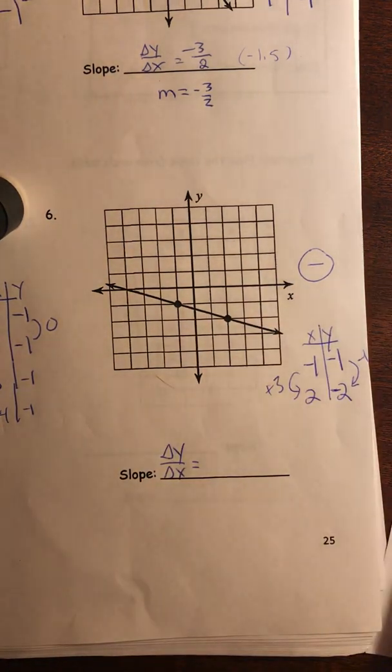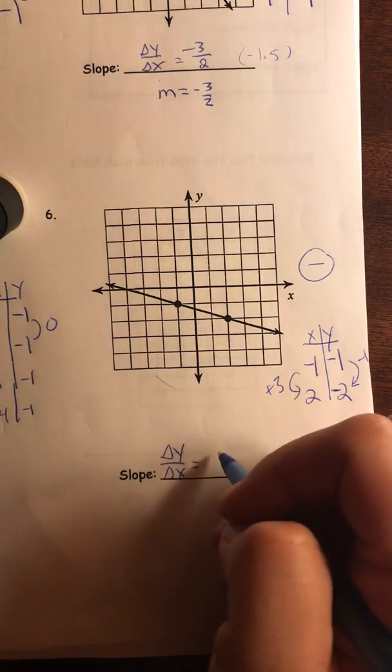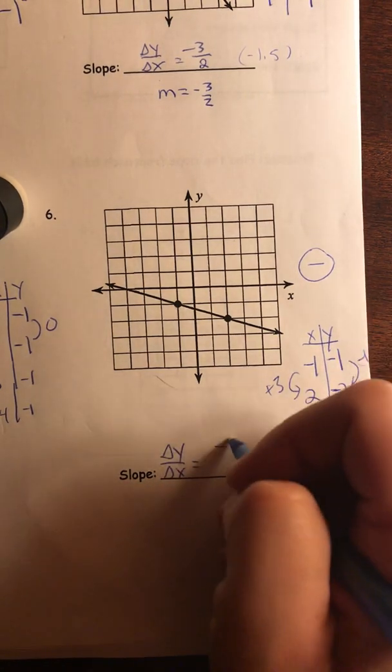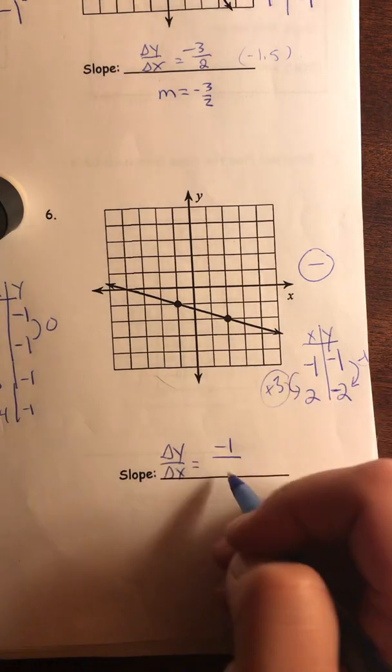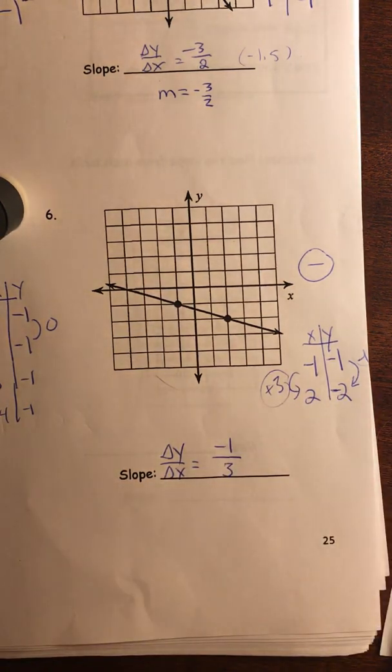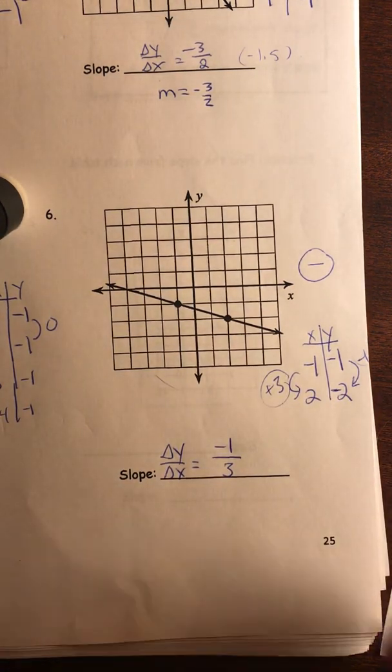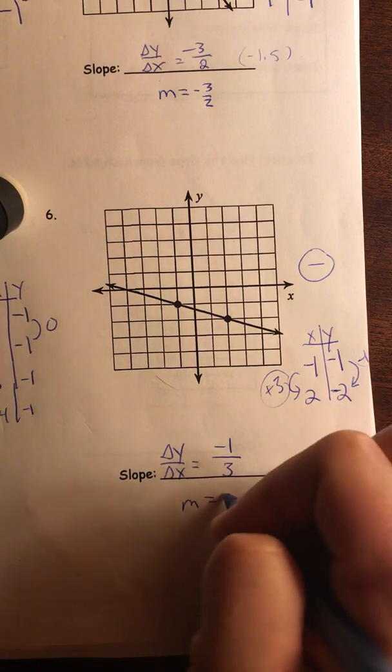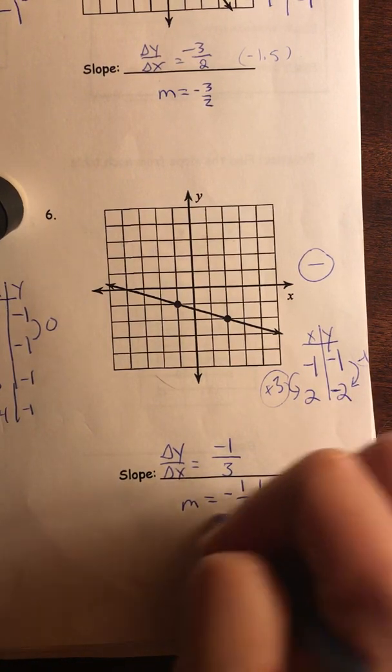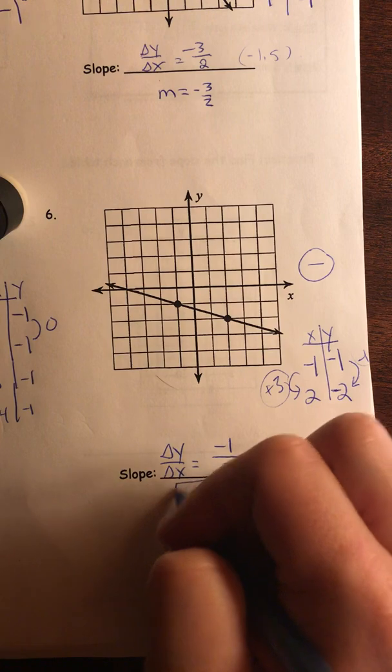Get that number line back out if you need to. Okay. So the change in y was -1. The change in the x values was 3 when the change in the y value was -1. And you wind up with a slope of -1/3. Now, I have so much more to say about slope,